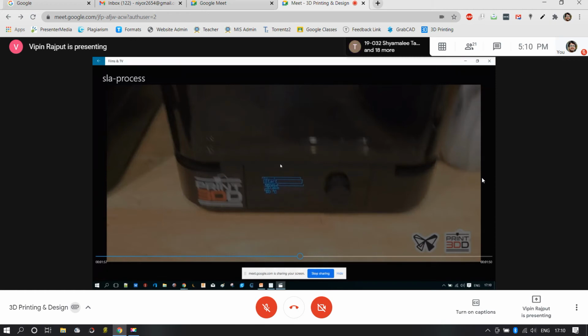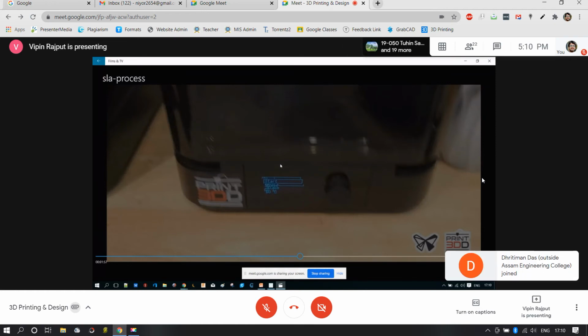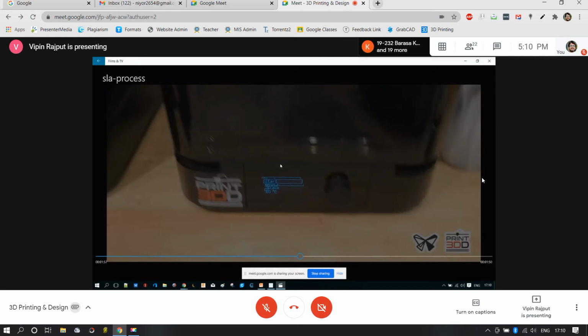Let's say we had printed something, our model was printed successfully, but all around the model some amount of gel-like material, the photopolymer resin, was present. So what we did, we simply immersed our original model into isopropyl alcohol, rinsed it and stirred it for some while. Within that duration, every excess amount of material will be dissolved in isopropyl alcohol, and only the model which was formed will come out. The rest we'll see here.